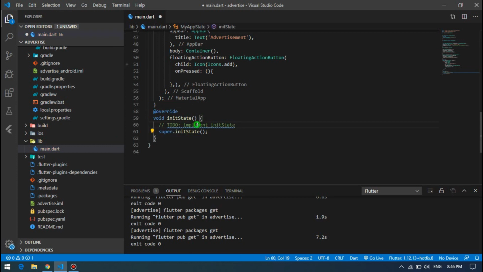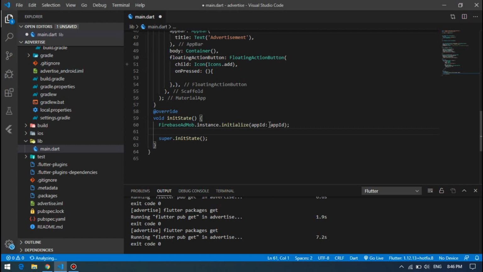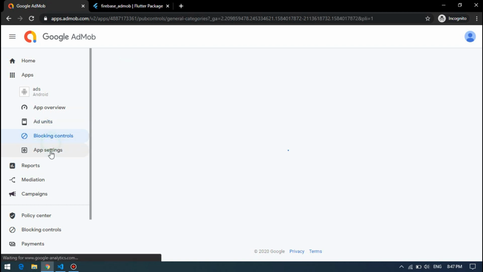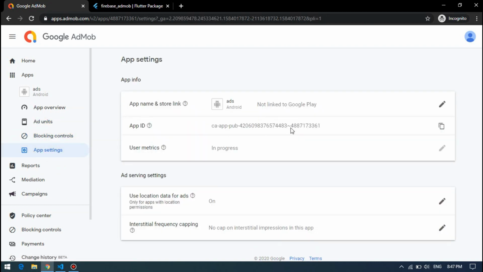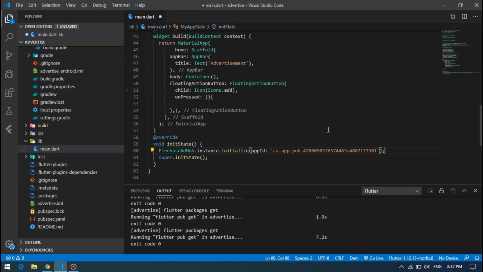Before this super.initState, we have to copy this initialization, and here instead of this app ID, you have to copy our app ID again. This one. Copy this,